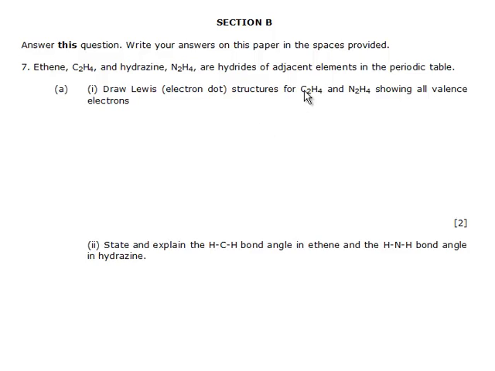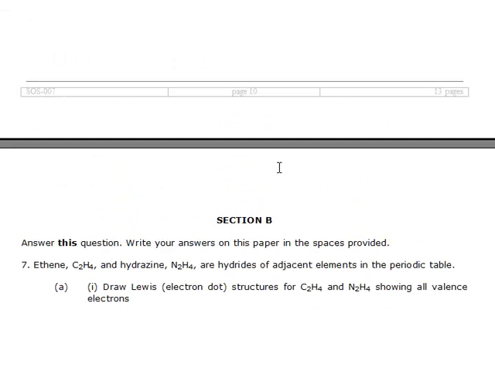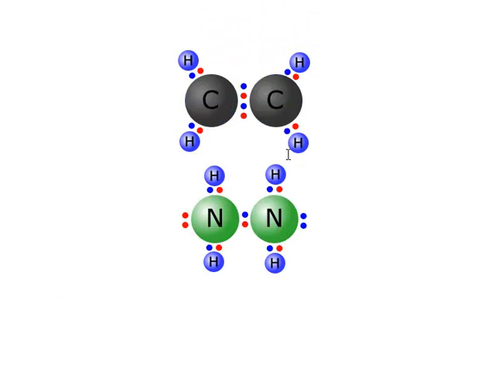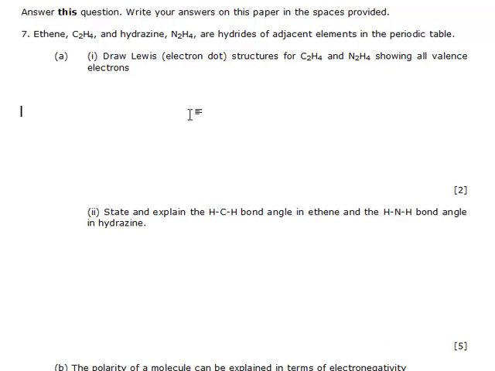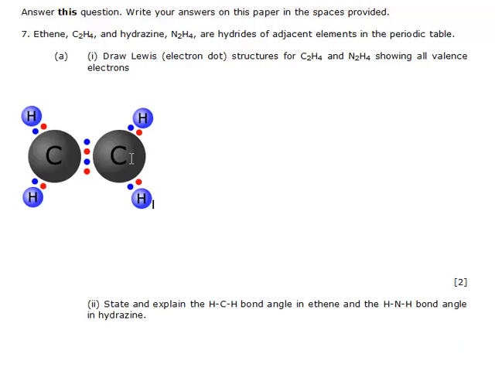Well, C2H4 has got 2 carbons joined by a double bond, and each carbon is connected to 2 hydrogens. So I've actually picked one of these up earlier on. I'm just going to copy this and paste it in here. There we go. So this is the ethene Lewis structure. You'll see there's 2 shared pairs of electrons between the 2 carbons, and each carbon is connected